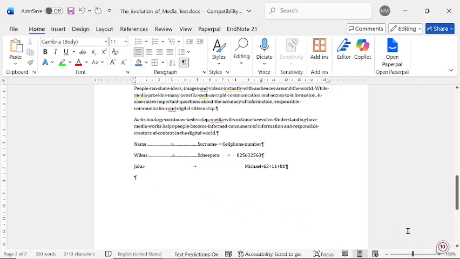So in my final one of this tab, I'm going to be using the styles option, but I will be doing that in video number